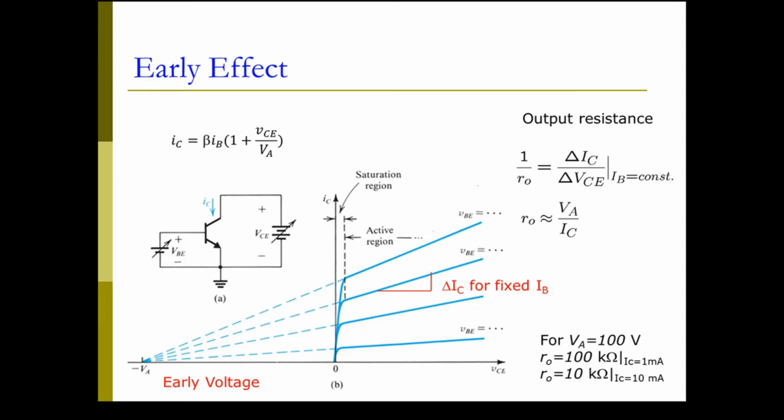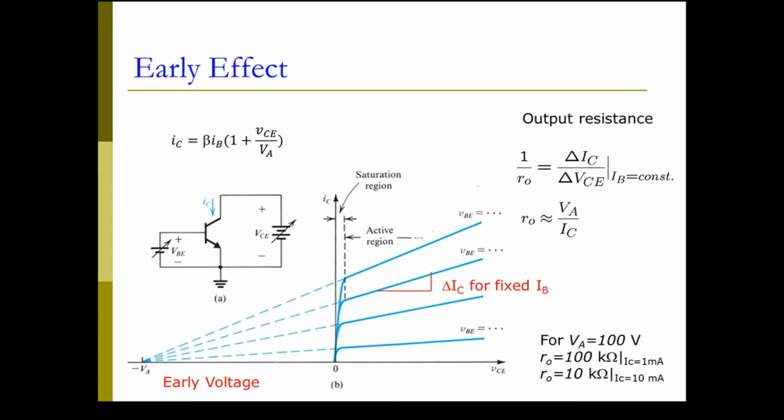Now, in the previous one we see the collector current is amplified by a factor of beta and gives us flat DC characteristics. But in reality, we are not able to get that. In reality, this curve is what we actually get. Now we see a small slope on each curve. So if we extend these curves, they will merge at one point, and this point we call the early voltage point. And this early effect